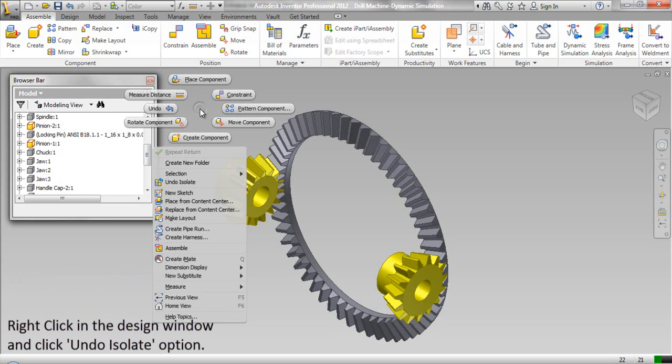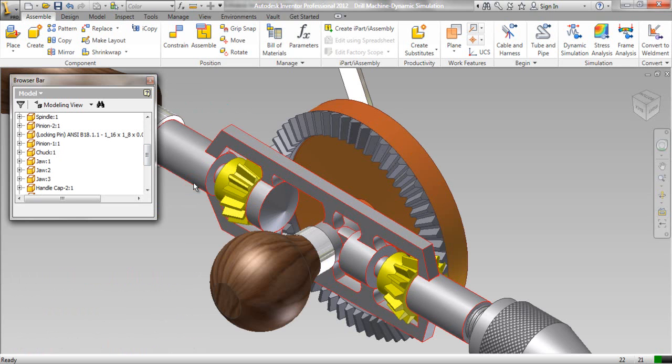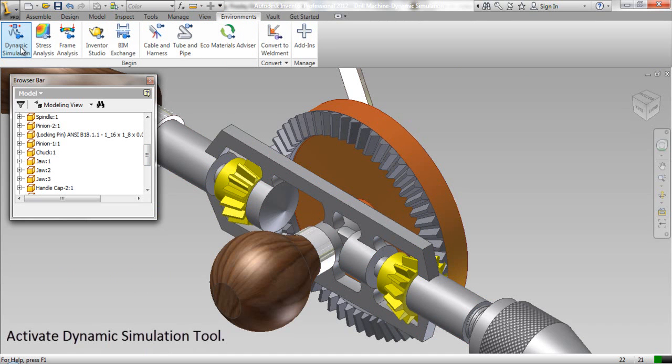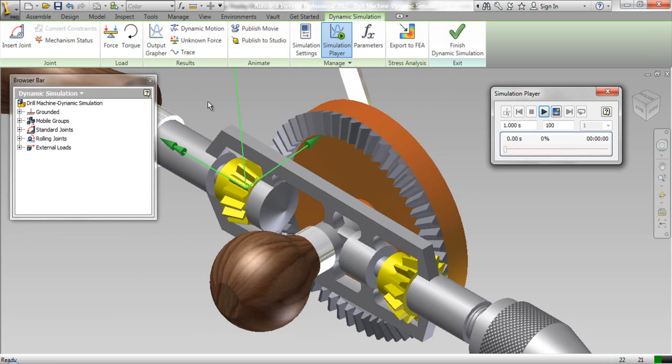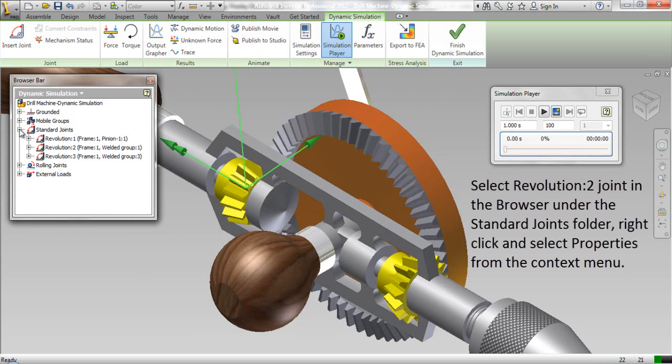Right click in the design window and click Undo Isolate option. Activate Dynamic Simulation tool. Select Revolution 2 joint in the browser under the Standard Joints folder.